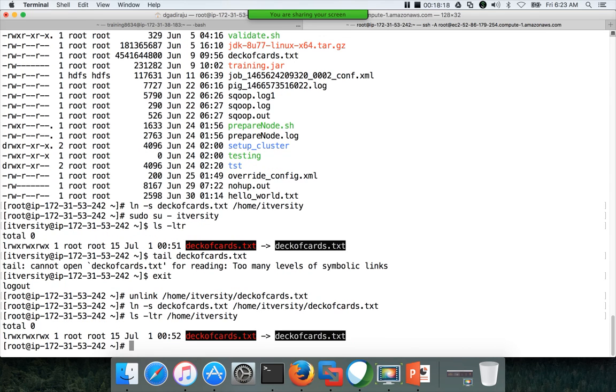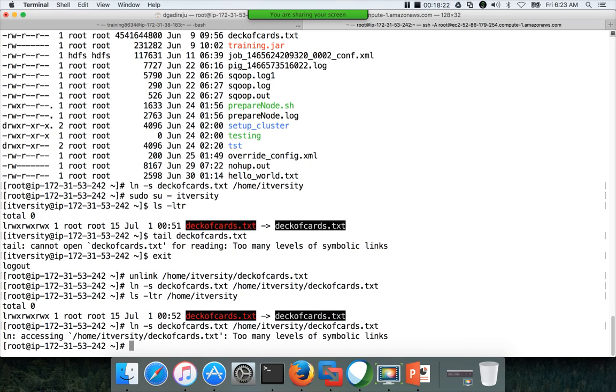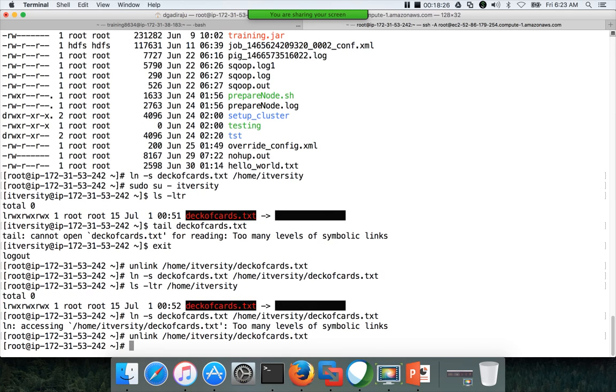I don't know why it is not working. Probably I will just copy the file. So what I will do is I will just copy the file deckofcards to /home/itversity/deckofcards.txt.